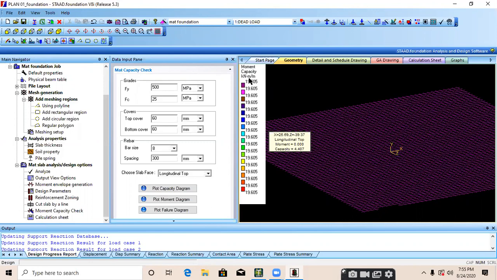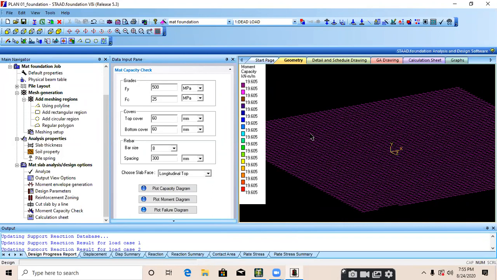Moment is in kilonewton meter, and at the segment of 1 meter, that particular slab will resist a moment, or the capacity of that particular slab to resist a moment is 19 kilonewton meter.